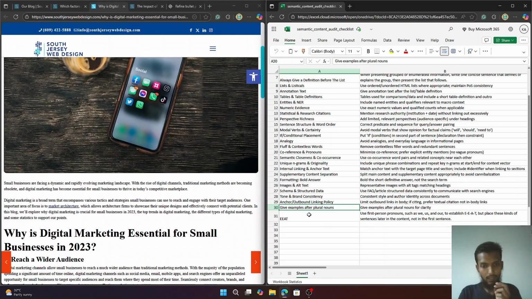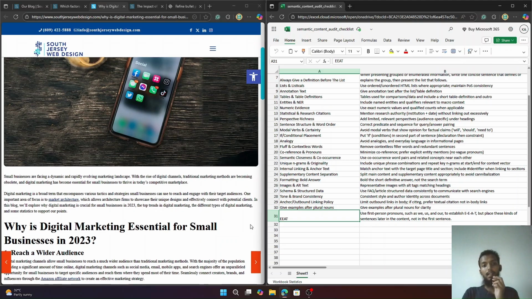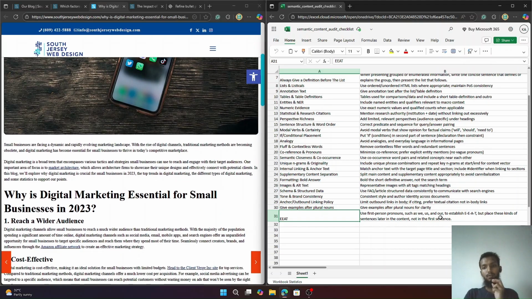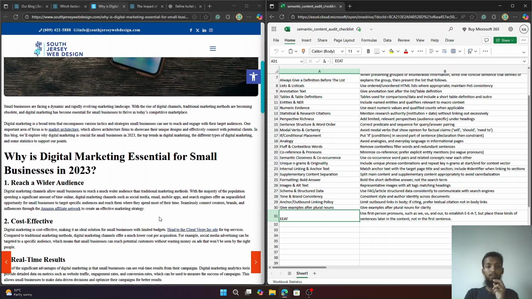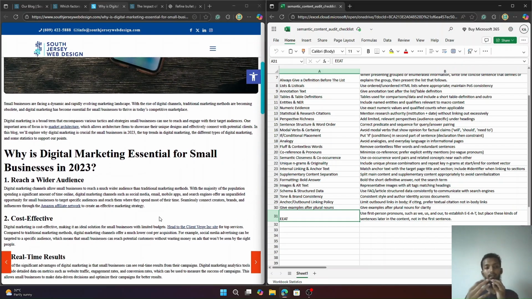Yeah. So the next one is EEAT. For EEAT we have to use we, I, especially we. In that case, we cannot use we and I in the first sentence. We have to use it in the later sentences, but we have to define the answer or the term in the first sentence, and then we use we and I, so that we can also get the EEAT attention from the algorithm.